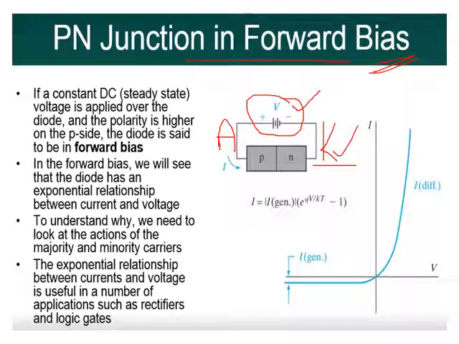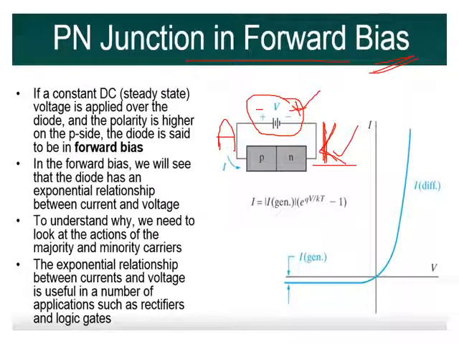Correct? So anode is represented by A, cathode is represented by K. It is not C, it is K. No doubt the spelling is CATHODE, but it is represented by the letter K. So if we reverse this polarity, if I give minus here and plus at this point, then we say that the diode, or the PN junction, is reverse biased.